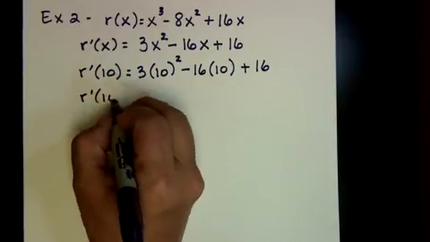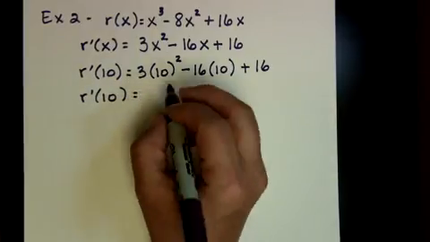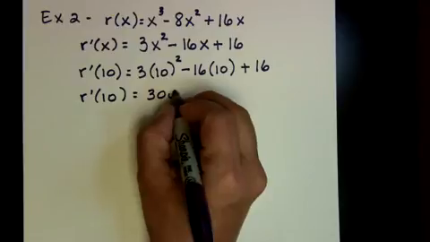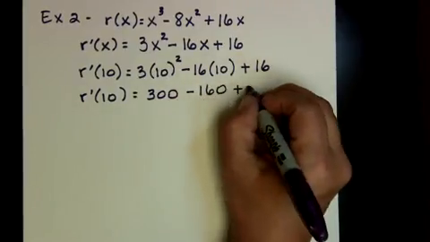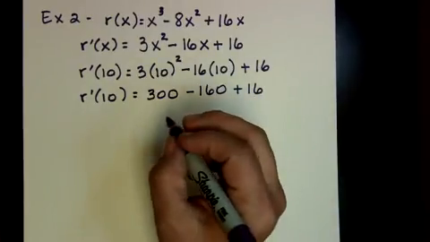So our marginal revenue, this gives me 300 minus 160 plus 16,